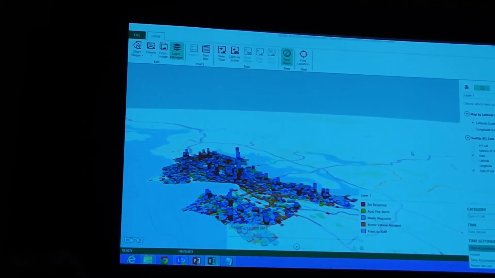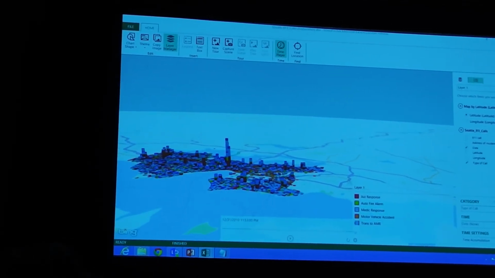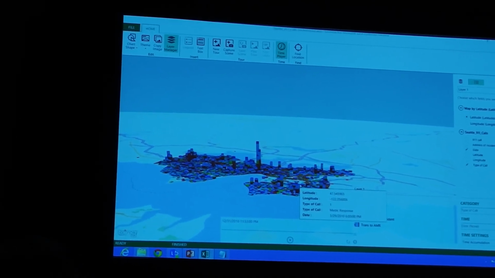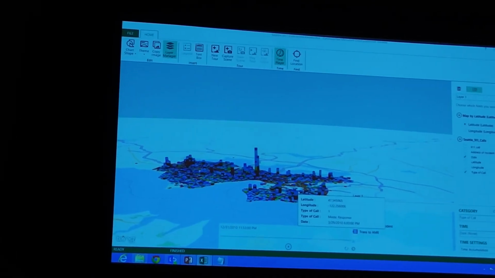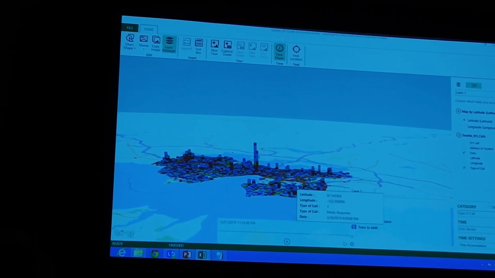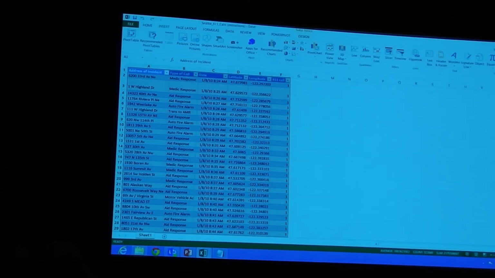purposes for that. What's unique about this, or interesting about it, is that the number of 911 calls actually mirrors the Seattle skyline. That's because there is a correlation between the population density and the number of these 911 calls. Okay? All right, so let's move on to another example. And this time, let's look